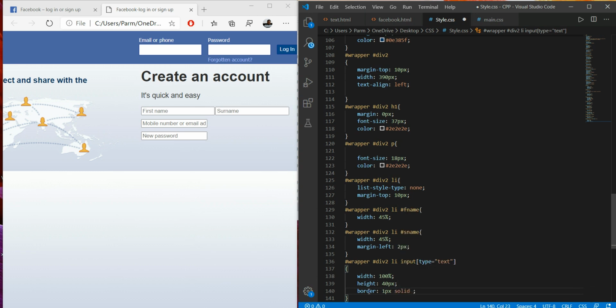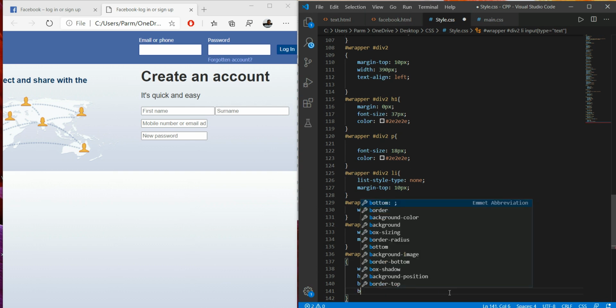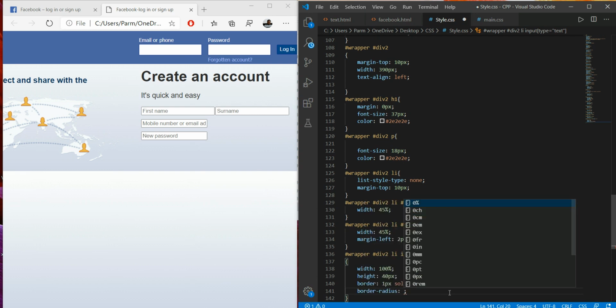Then the border color I specify using the hexadecimal scheme, as #BD. And here I have to specify the rounded corners, so I have used the border-radius property, and to this I'm giving the value 5 pixels.